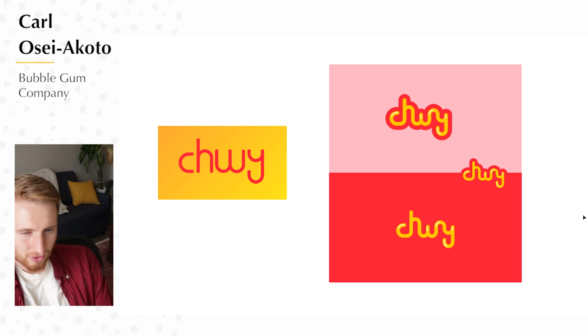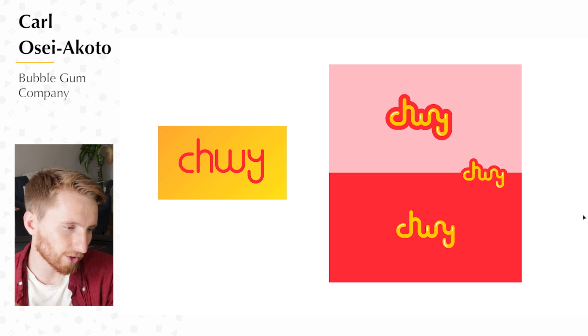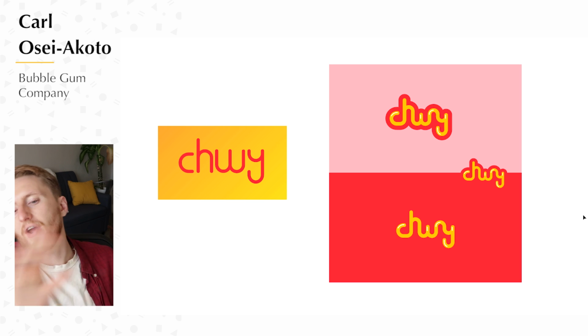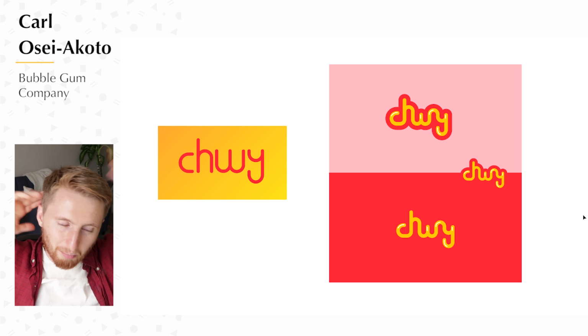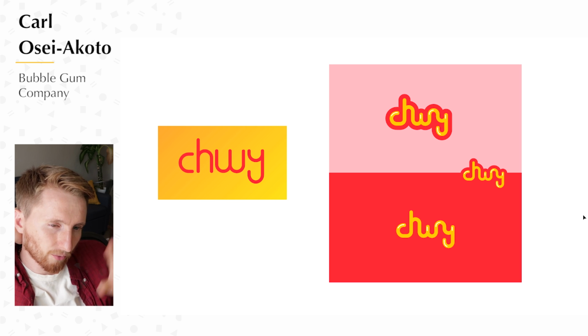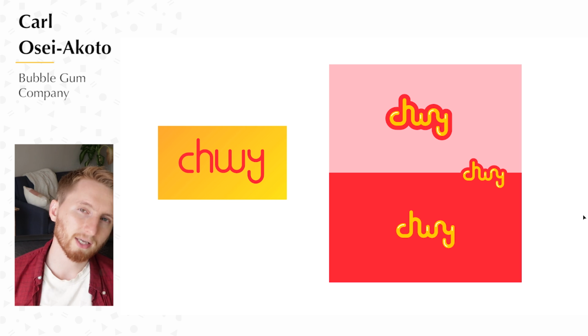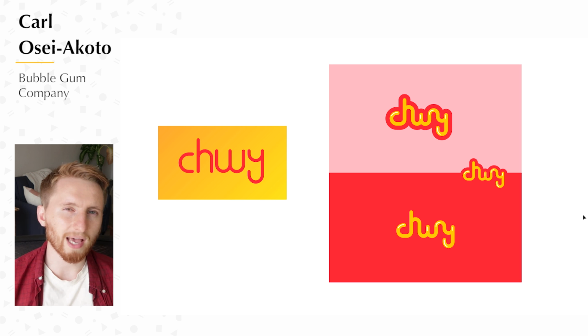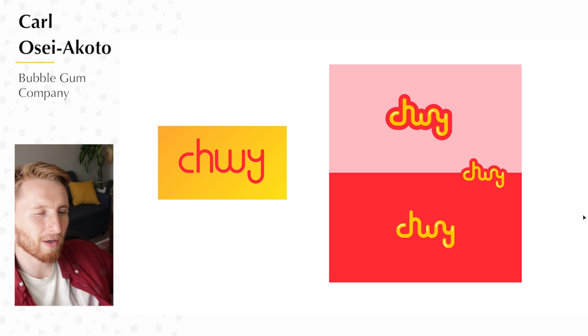Okay, Carl, those are the changes that I would suggest to your logo. I wanted to take it, since it's a bubblegum brand, into a very cute and fun and bubbly direction. The only thing I'm concerned about right now is just being able to read the letters. I just want to add in a pink so we get a little bit more of a bubblegum idea. But yeah, those are the changes I would suggest for your logo. Thank you for sending them in.